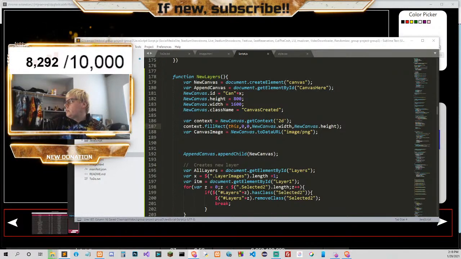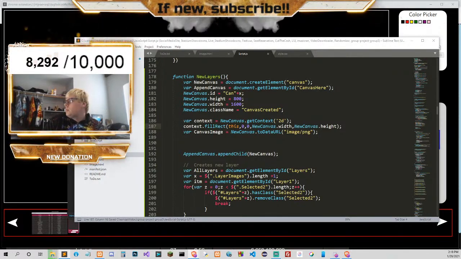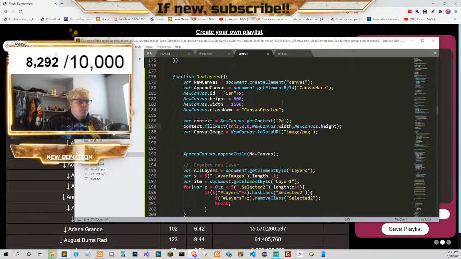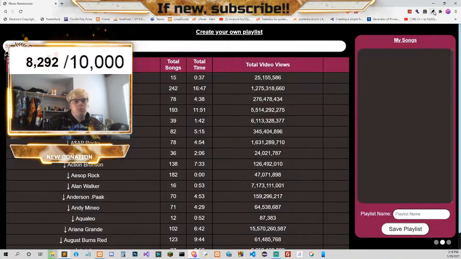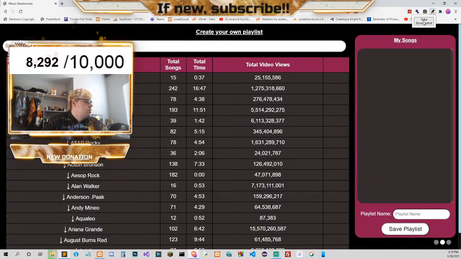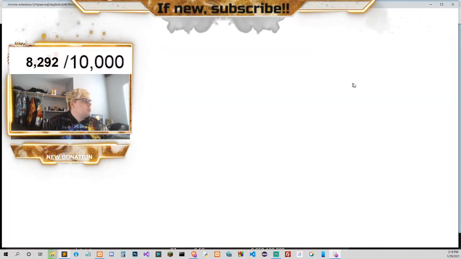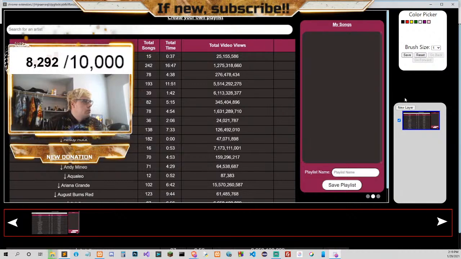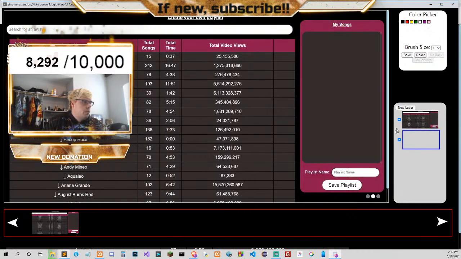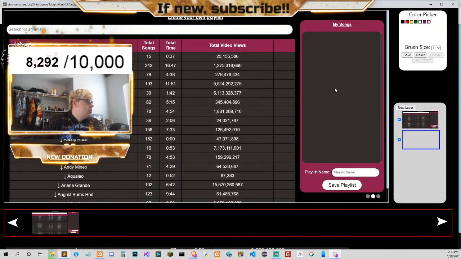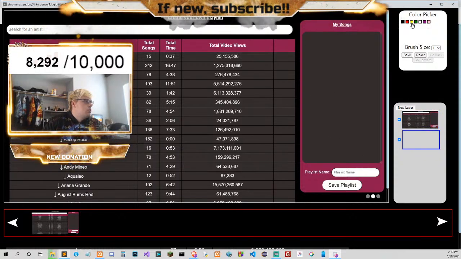Let's try this. So look, we take the screenshot, new layer. It's empty, which is what we want. If I draw, can I draw?